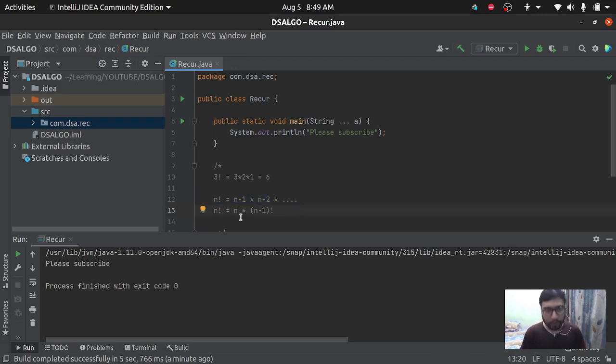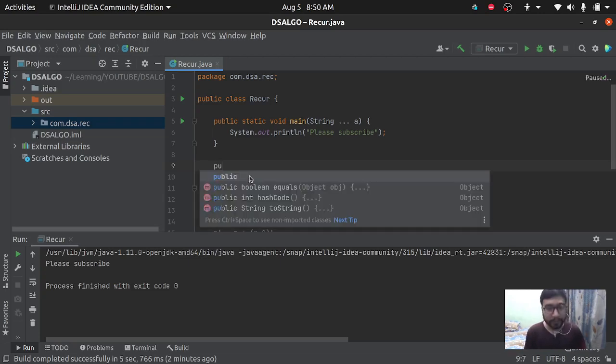Okay, so now, since we have this logic, whenever this is the n factorial we are trying to get, we need to multiply that n with the n minus 1th factorial. So how are we going to code it? We will be taking the recursive approach because we are learning recursion over here.